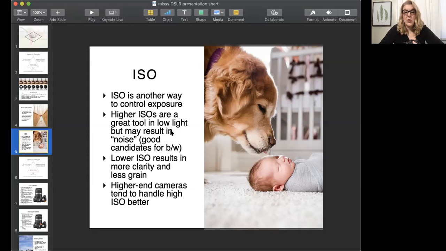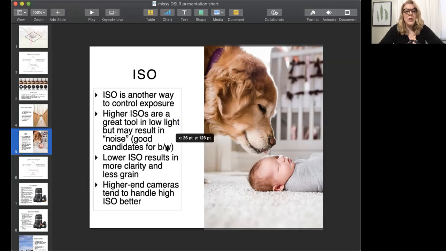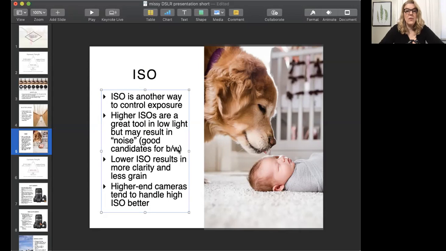and less noise. So when you use a high ISO, you're going to get what's called noise. It's a grainy quality and sort of an overall lack of clarity in your image. So if you have to use a high ISO because that's what's required by your lighting, that's fine. But when you have a lot of existing light, you want to use a lower ISO